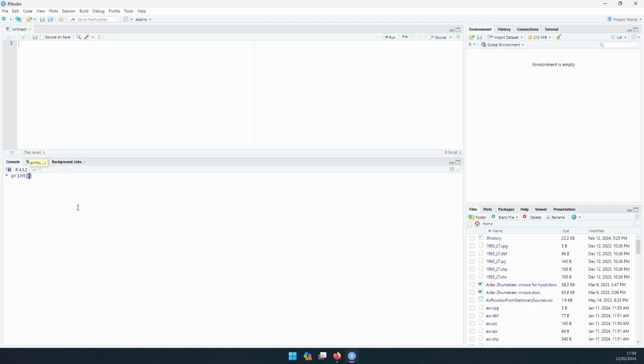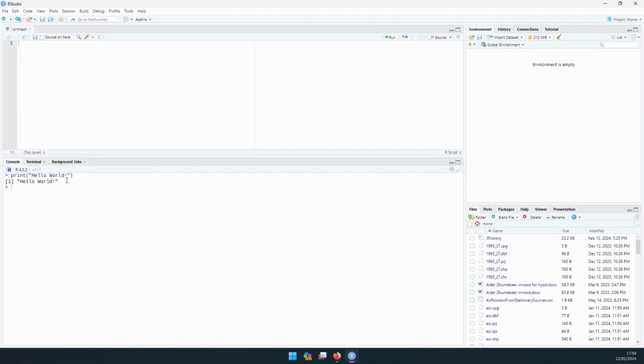We write the print function, and then we put quotation marks, and we write hello world. Press enter, and now we can see that this function worked because we have the output of hello world printed in the console. And congratulations, since you became a real programmer, because you have your first